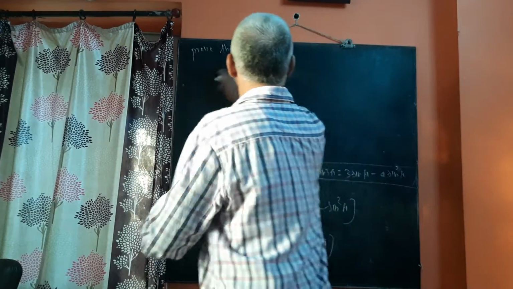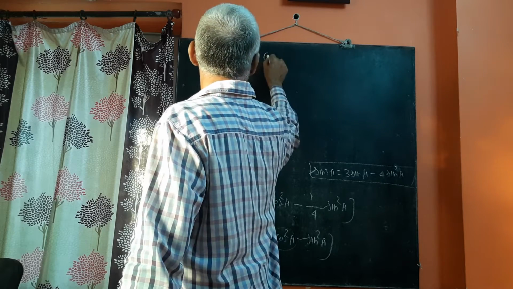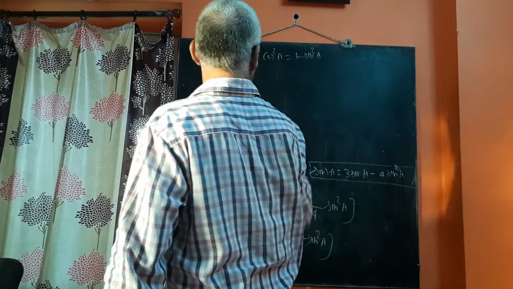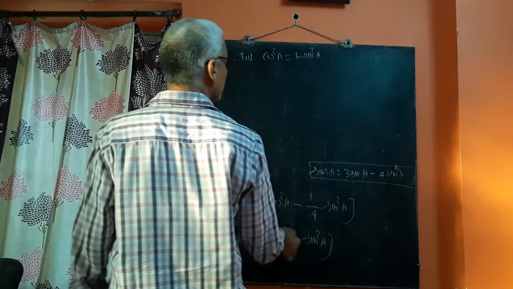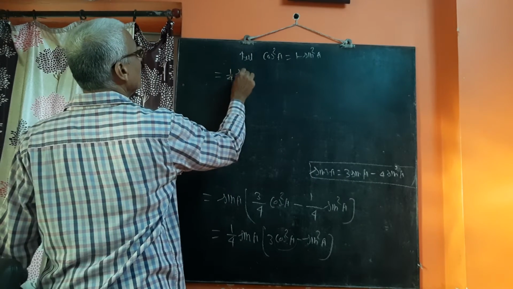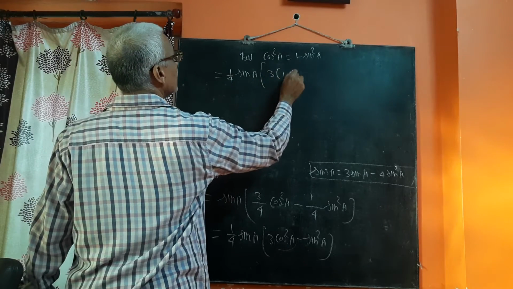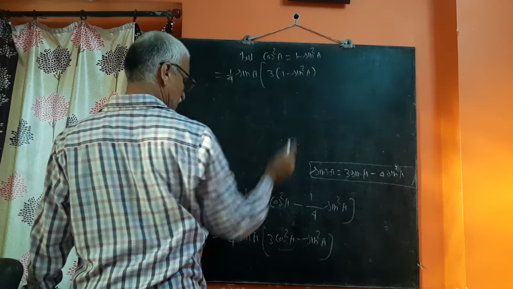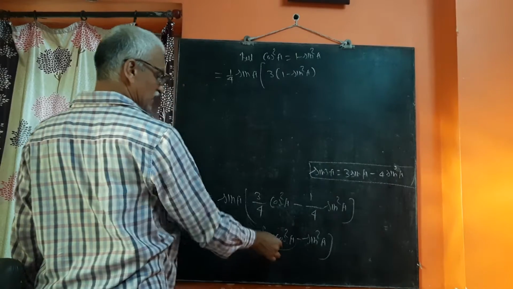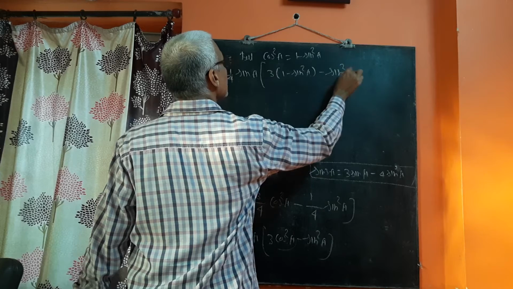So I write here, cos square a is equal to 1 minus sin square a by trigonometric identities. So replacing this cos square a by 1 minus sin square a, we get 1 by 4 sin a into, in bracket, 3 into 1 minus sin square a. See here, 3 cos square a, we have replaced cos square a by 1 minus sin square a. So this value of cos square a is 1 minus sin square a, minus sin square a as it is,